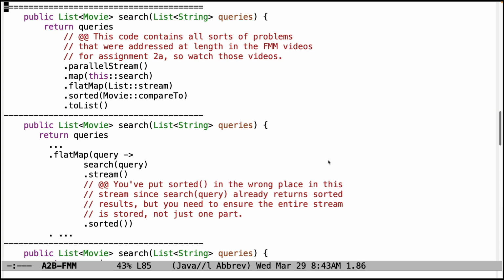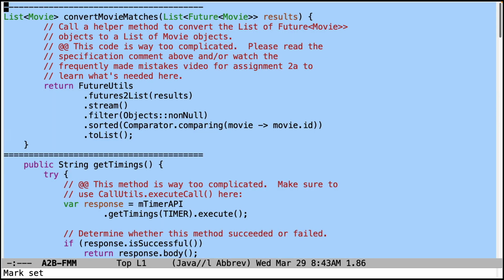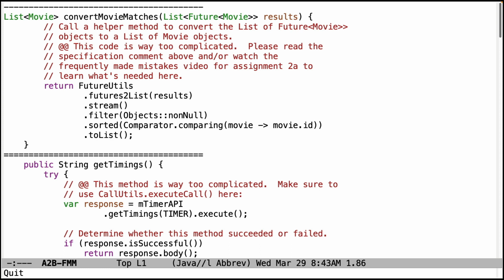So what we're going to do today is walk through the frequently made mistakes for assignment 2B. These are the ones that I reviewed and gave you back comments as of last night. So I try to group them according to the different topic areas. These are the issues that we see here, starting with something kind of left over from assignment 2A, and actually